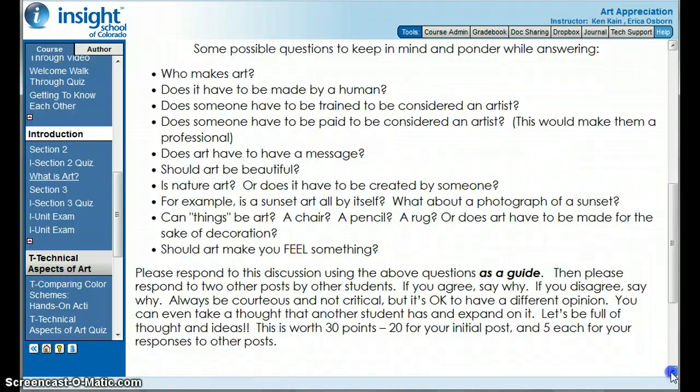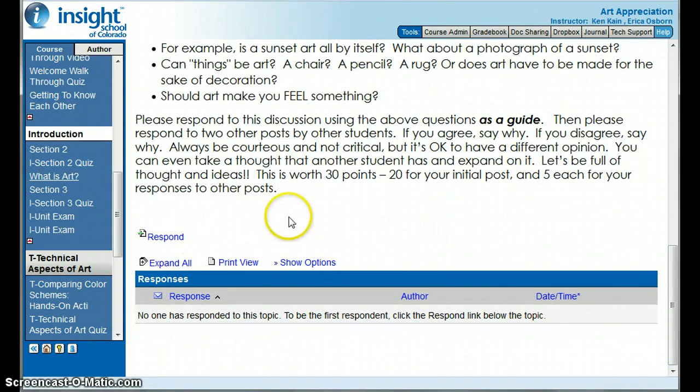Okay, so this is just another discussion. In the discussions, you want to hit respond and then answer there. One important thing to know about discussions, I absolutely grade on writing. I know this is an art class, and really the most important thing in this class and discussions is to get across your message.